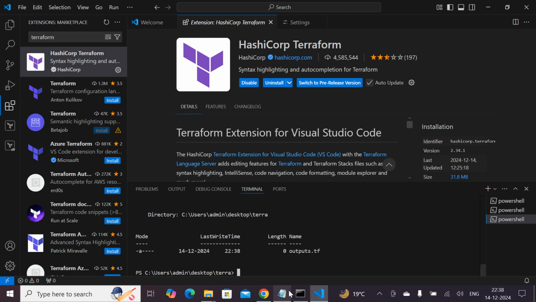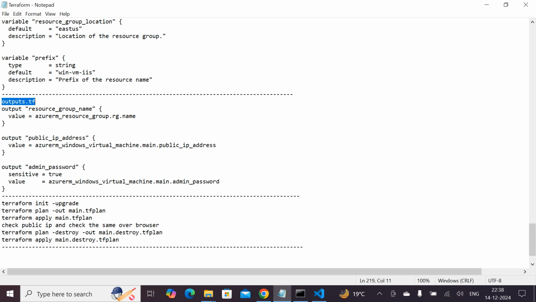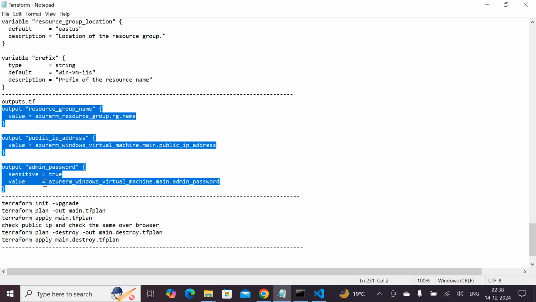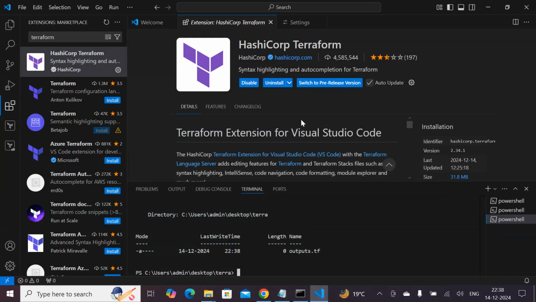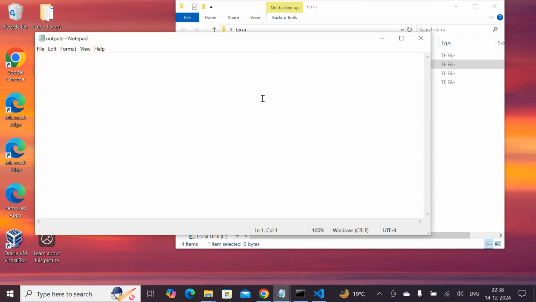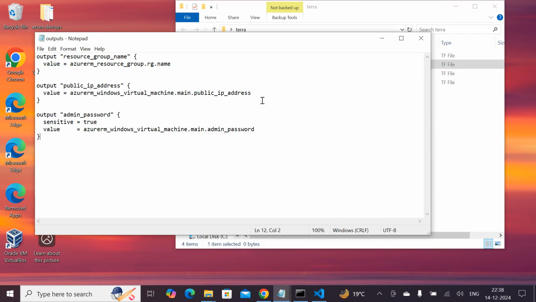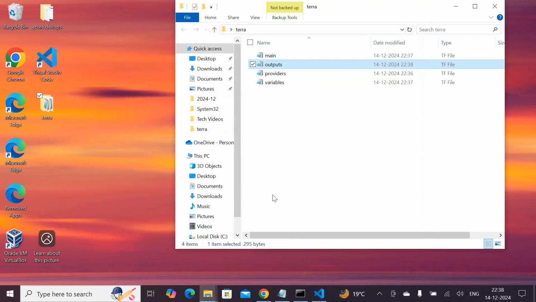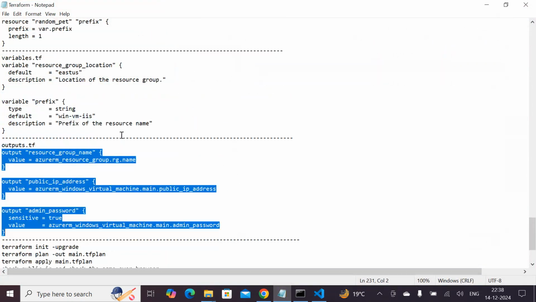Yes, go here and copy the content, Control C, and go to the outputs. Here it is empty, just make it Control S. So if we just have a look here,